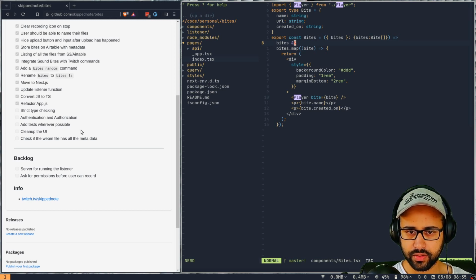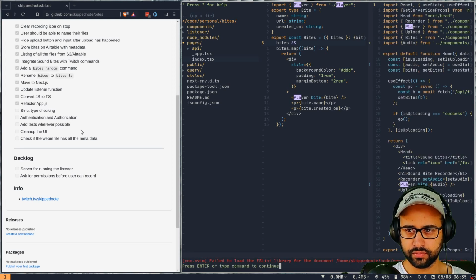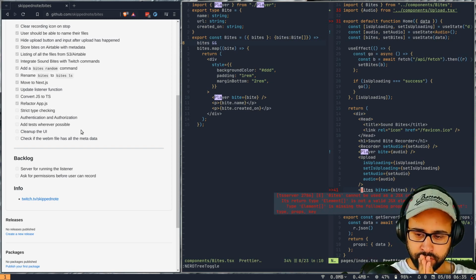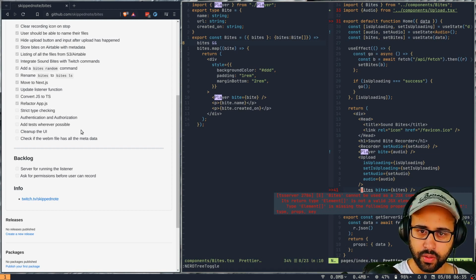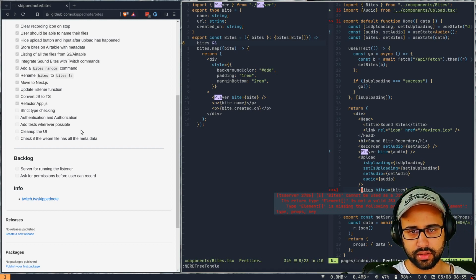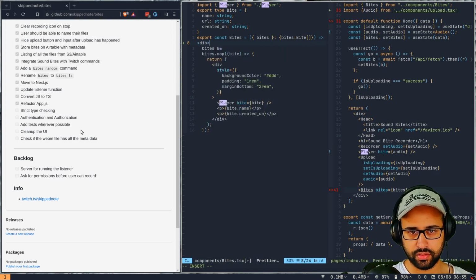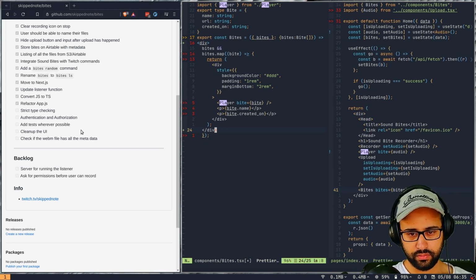Okay, apparently I can't use it as a JSX component. How is that? What's the warning here? It returns type element array. It's not valid. Okay, yeah, that's actually true. So we are returning an array here, but we are not wrapping it in a div or something. So we can just wrap it up, and then that should be fine.